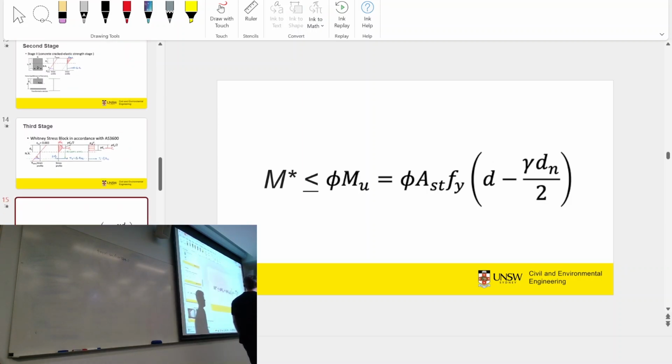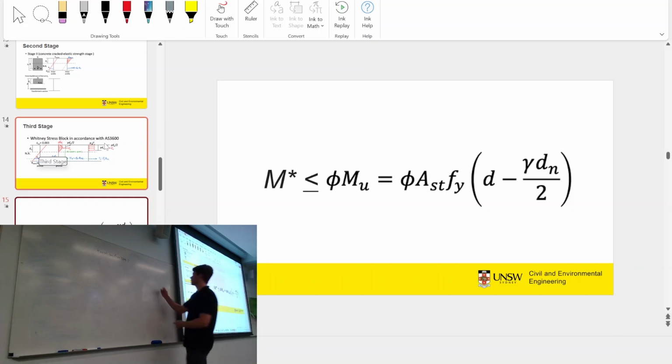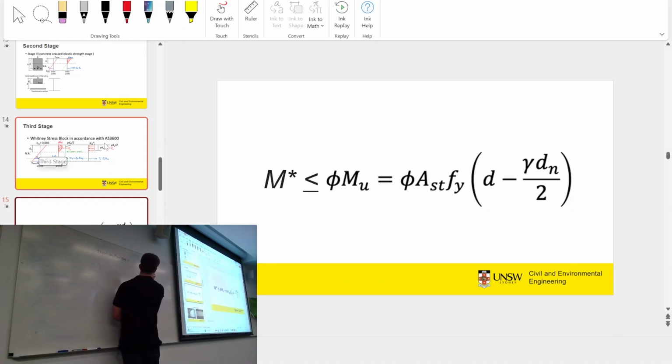Now, if you have a look at this, it might look a bit weird at first, because I know a lot of you guys haven't done steel yet, haven't done limit state design, but it's actually a lot simpler than it looks. Basically, all it's doing is going back to that section where we had